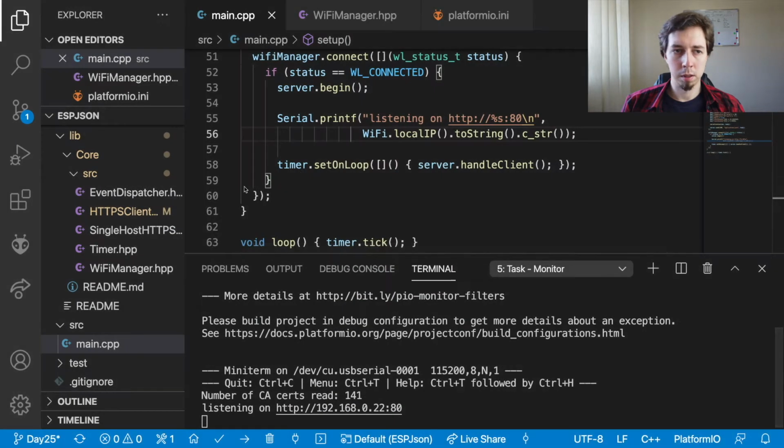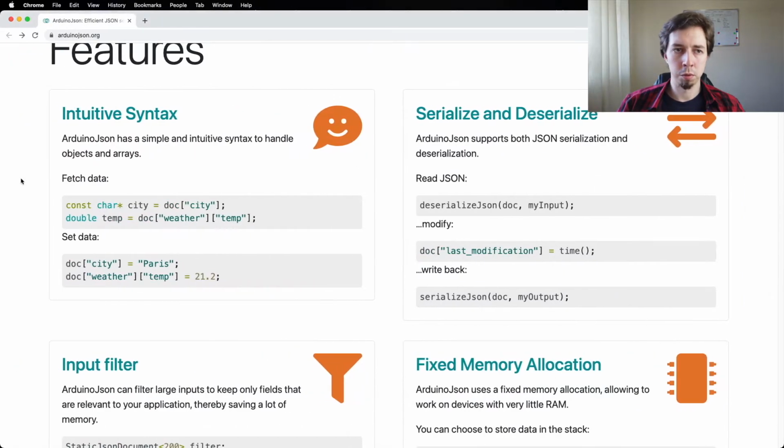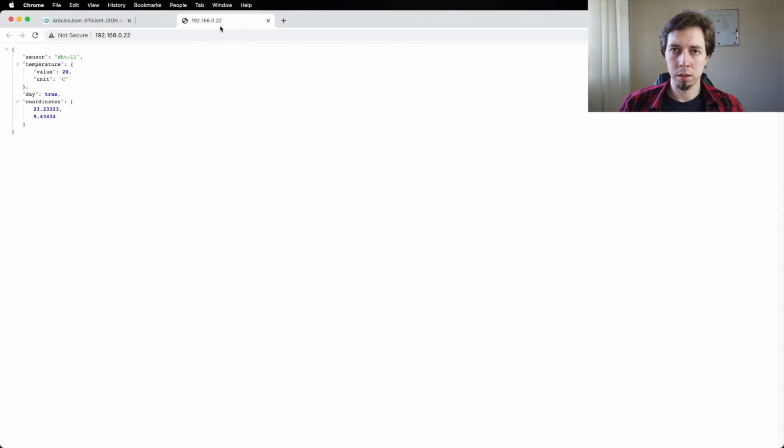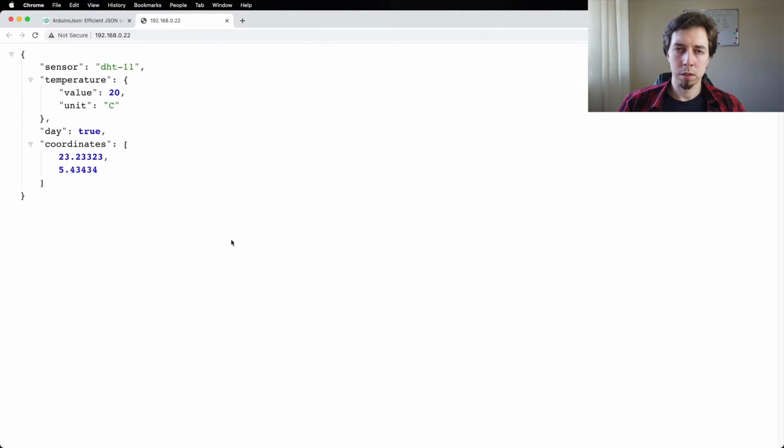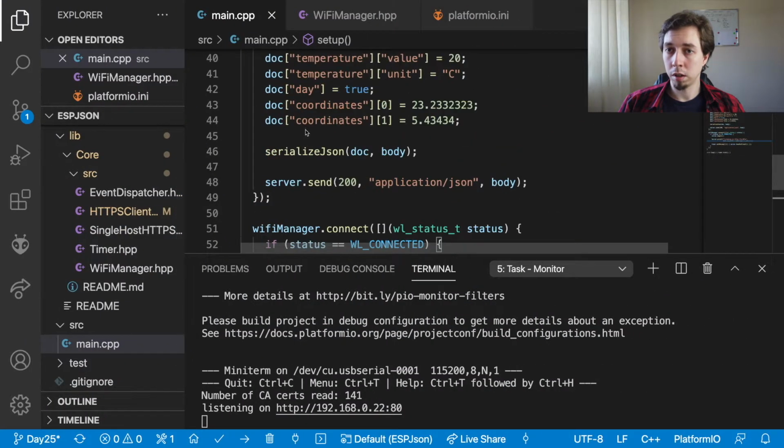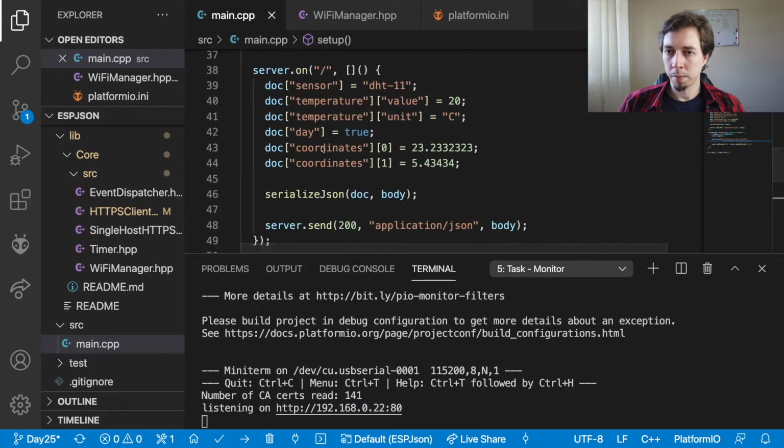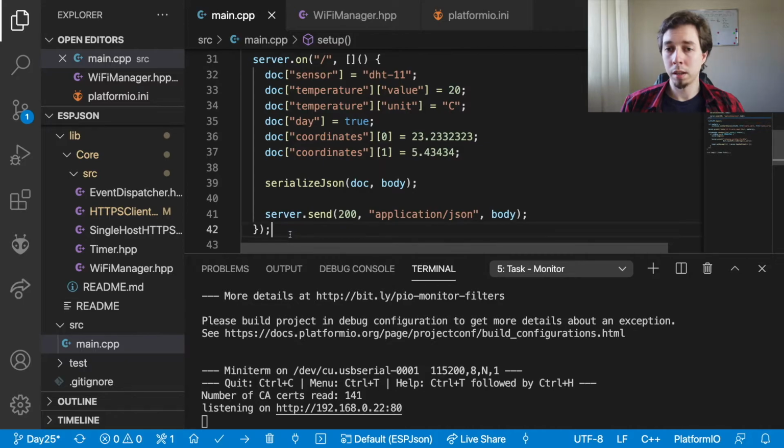So I'm gonna open it in the browser and let me show you how this looks. Right? So that's what we get. The sensor DHT11, temperature, value, unit, day true, and coordinates. So that endpoint here works really well. And now let's just quickly create another endpoint. This time this is gonna work with